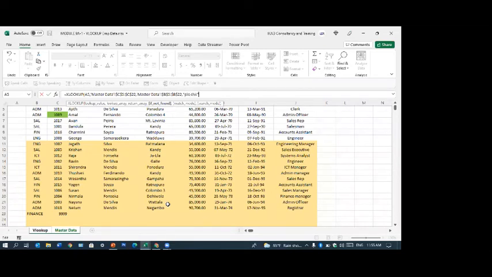If you want, you can leave these things. These are all optional. We are within square brackets. Can you see? Comma. Match mode, exact match. By default it is exact. You have to have it exact match, 1-to-1 match. Comma. Search mode, first to last. Normally, we look up searches from first to last, but this gives the option of searching last to first.